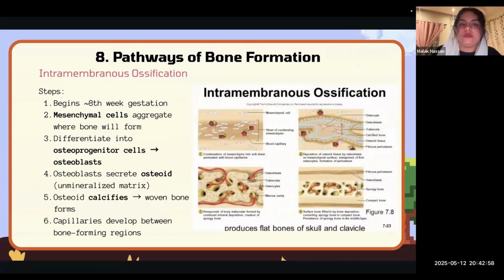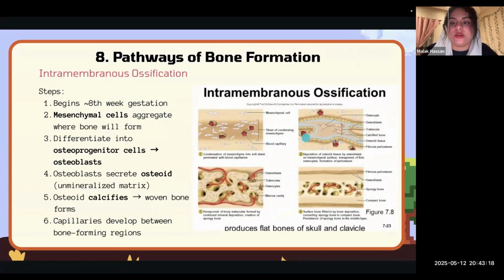Now, what happens in intramembranous ossification? It begins in the 8th week of gestation. Okay, what happens is that you'll have mesenchymal cells. They'll come together, and they'll sit in the area where the bone is going to form. They're going to differentiate. So what are they going to do? They're going to differentiate into osteoprogenitor cells, and